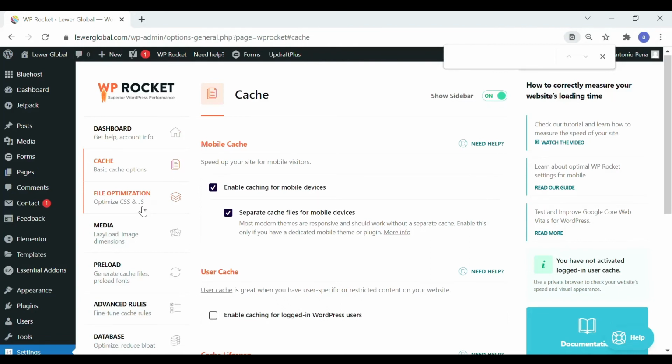You don't really need that separate cache file, as you can see for the mobile. It'll tell you they have a lot of hints within there, but unless you have a different theme and things like that, you don't really need to. I did it, it didn't hurt it, so I kept it. But you see, on cache we have mobile caching,